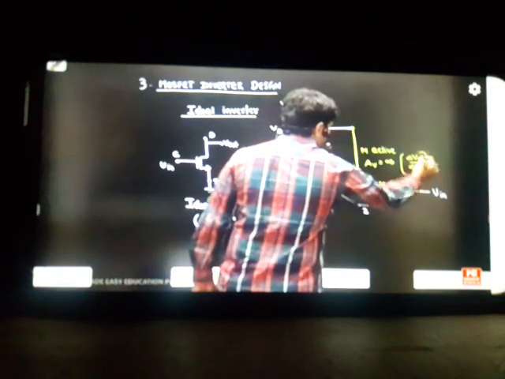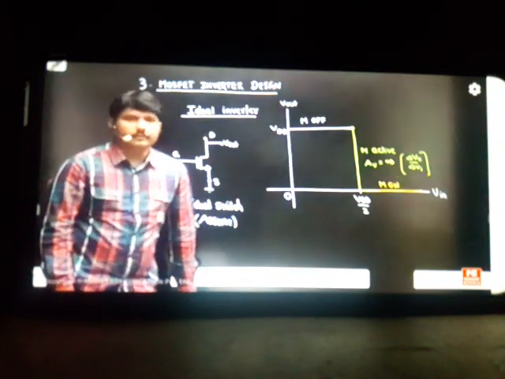So that means whatever gain you are getting here, that voltage gain should be infinite. If the gain is infinite, this will give a vertical slope. This slope is nothing but the change in the output by the change in the input. So if the gain becomes infinite, automatically that line will become vertical, so that without any time disturbance, we can move directly on to off to on. So this is called the ideal characteristic of inverters.